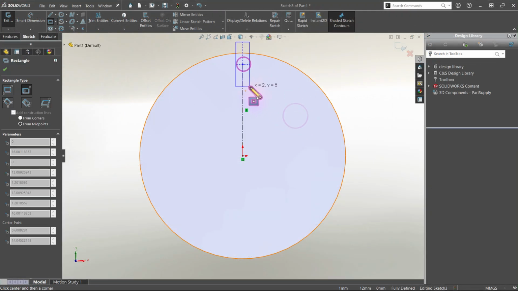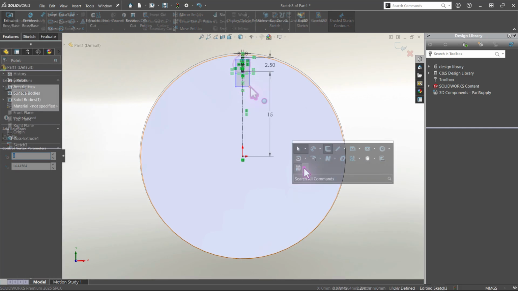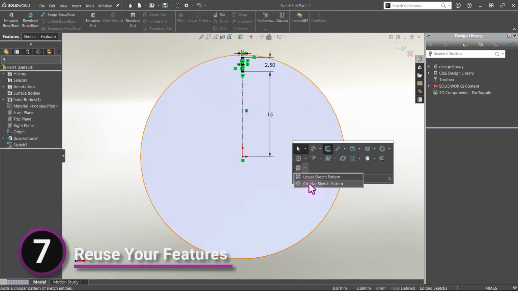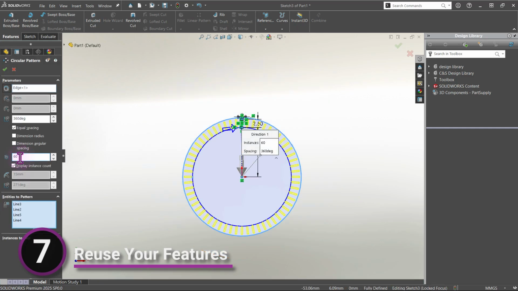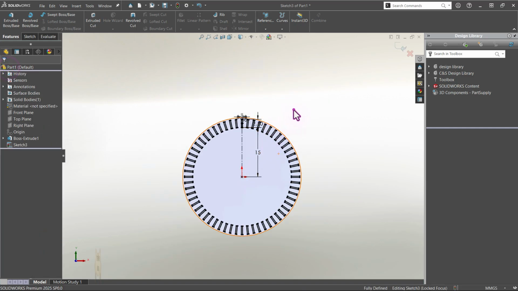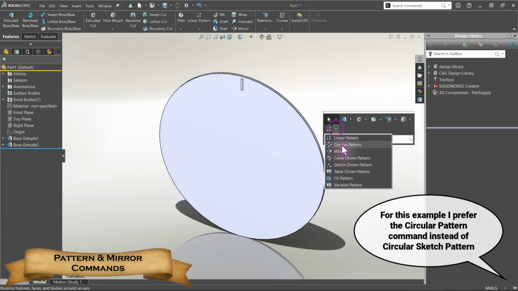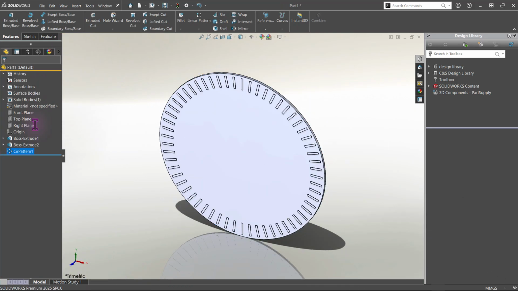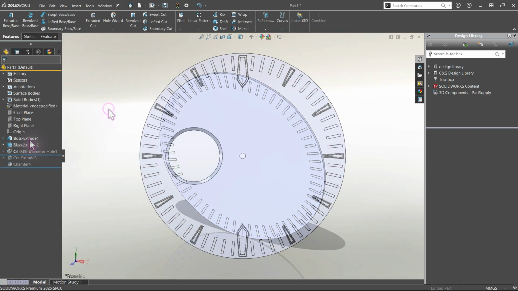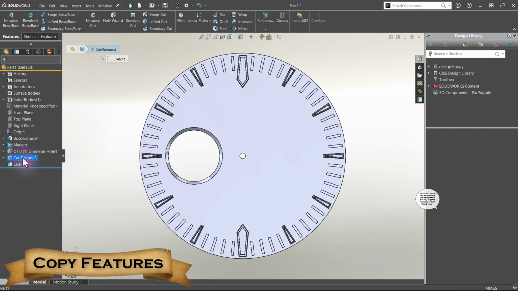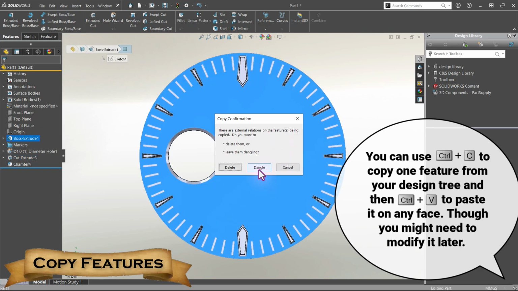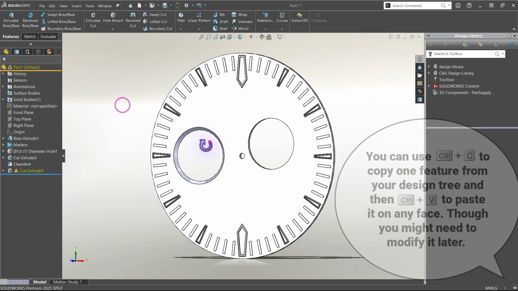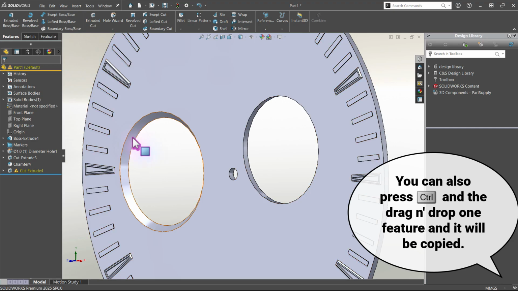Finally, now that we've learned how to utilize shortcuts efficiently, let's talk about the inbuilt commands of the software that can reduce time. By utilizing commands like patterns or mirrors, you can have an easier time with what you design, both feature or sketch based. Keep in mind that you can also copy features not only by holding the Ctrl and dragging and dropping within the same part,